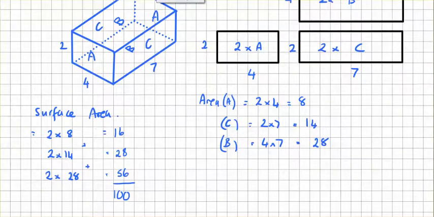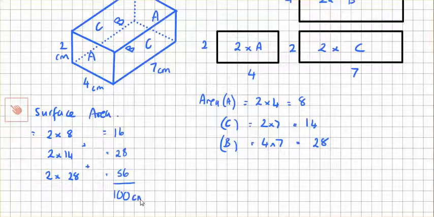Right, guys, so next question. So you've worked that out. We've come up with an answer of 100. But what is important when we do these areas is the units. So I haven't given you any units, but let's say that all of these units are centimetres. For instance, 4 centimetres, 2 centimetres. If they are all centimetres, your area must be